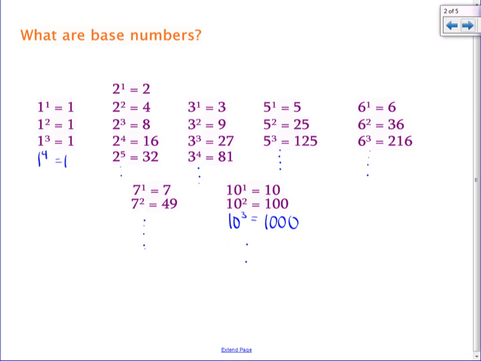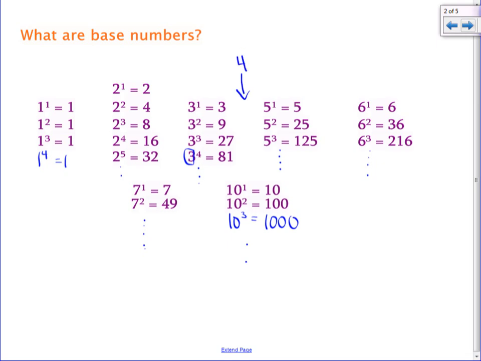Now, base numbers mean that the number, the big number here, like this 3 for instance, is a prime number. Okay, so we can't have 4 as a base number because 4 could be broken down to 2. So base numbers can't be broken down into other numbers. So I shouldn't have said they were prime because 6, for instance, isn't prime. But 6 is a combination of 2 and 3, but we're going to skip